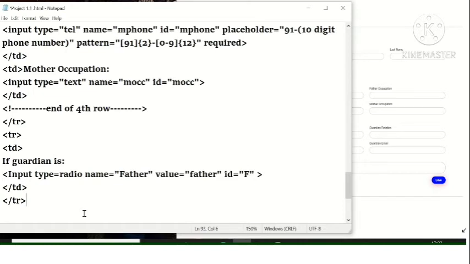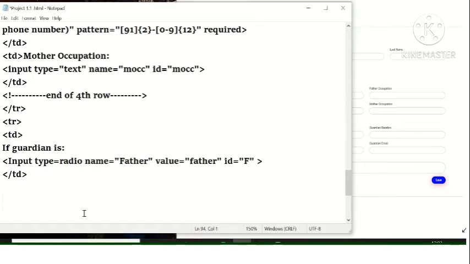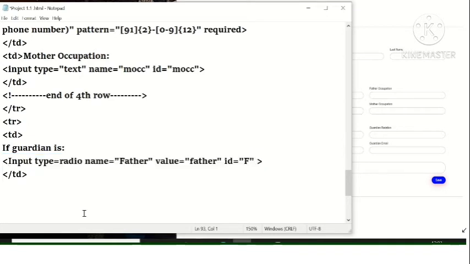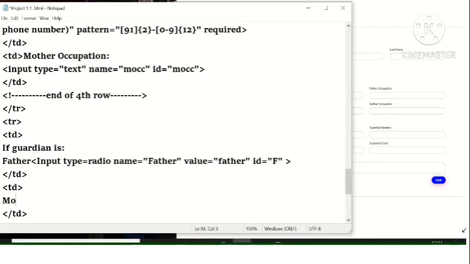Otherwise, if I declare it with the name of mother, the field here is if the guardian is father or mother, and it should be a radio button. So in that case, I need to have the same name. If I have a different name, I will be able to click on both father and mother, which is wrong because in guardian, I would like to have only either mother or father.